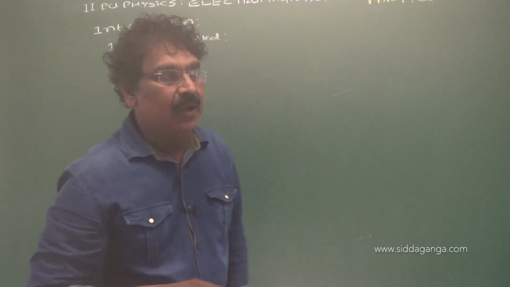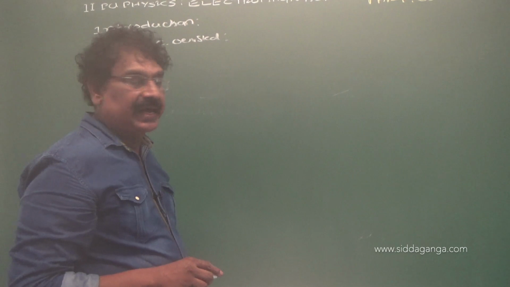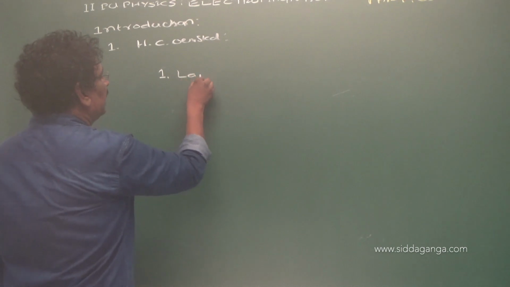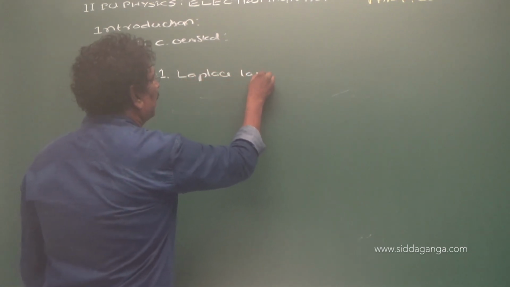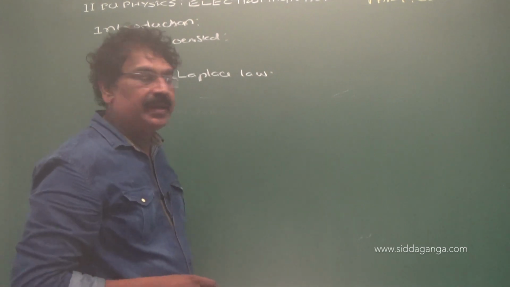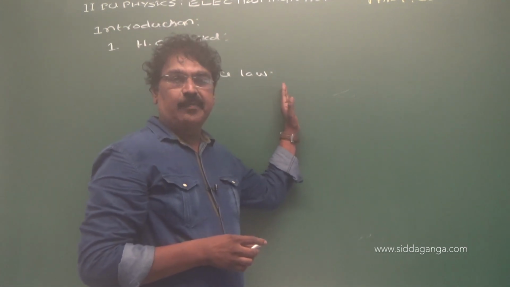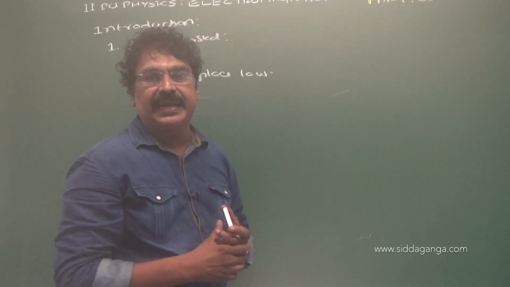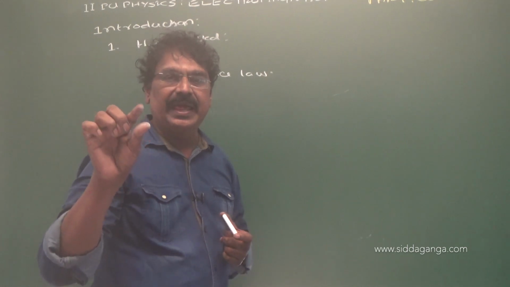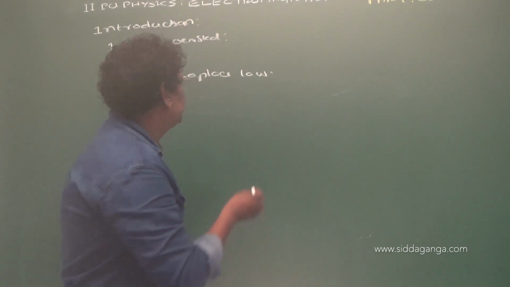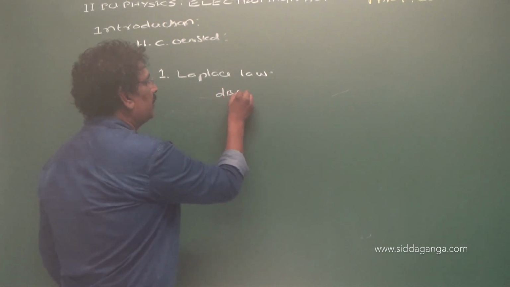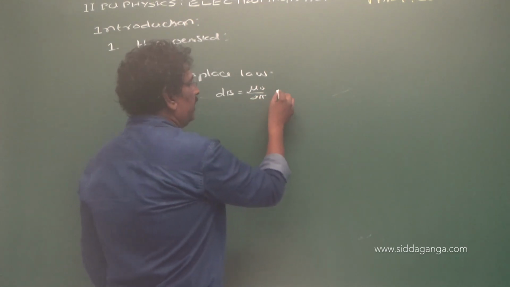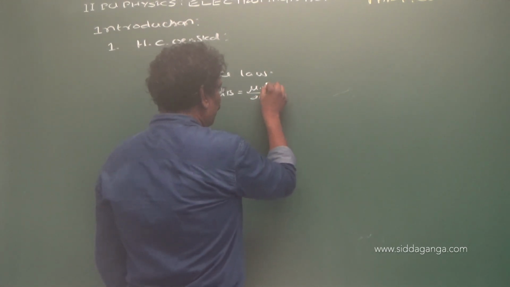Now, the magnetic field due to a current carrying conductor can be calculated by, number one, Laplace Law, right? We know that the Laplace Law is also called Biot-Savart's Law. It gives the magnitude of magnetic field at any point due to a current element, right? According to this law, magnetic field due to a current element dB is equal to mu naught over 4 pi,